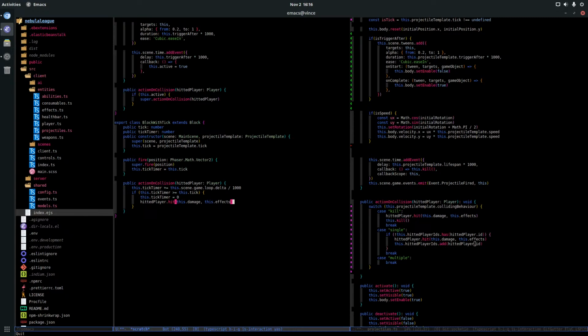I have a timer. I'm tracking the timer, tick timer. When I fire the bullets, I need to start to track a timer. Yeah, okay, I see what I... Maybe there is a smarter way to do that. Maybe there is.